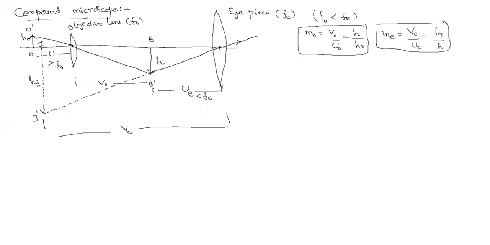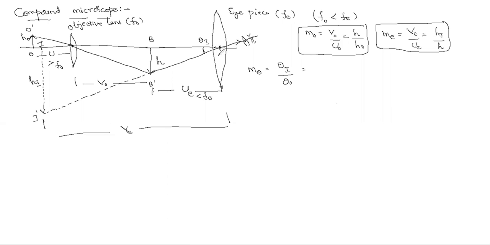Then what will be the final magnification, if I ask? Magnification means, keep in mind, our concept is theta I by theta O. Theta I means, at the eyeball, the angle made by the final image. The final image is I double dash now. What is the angle made by the final image? Both are the same, all opposite angles. This is theta I.